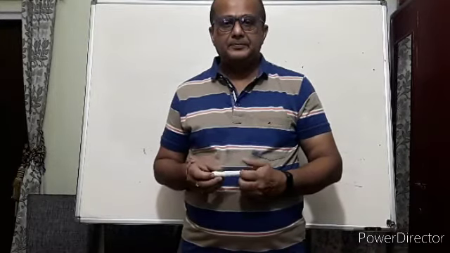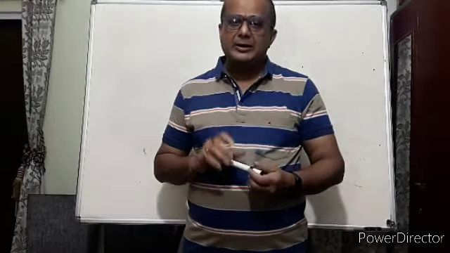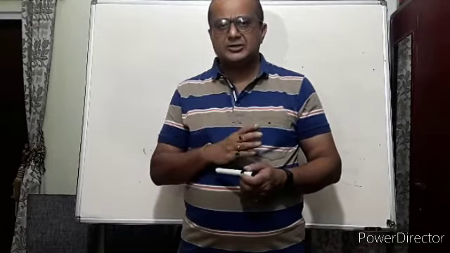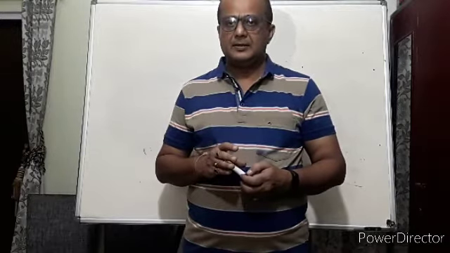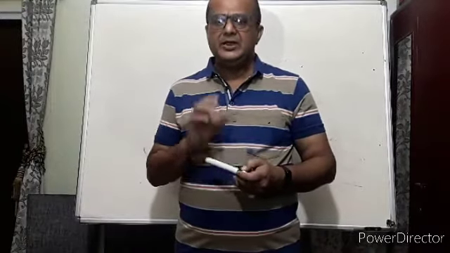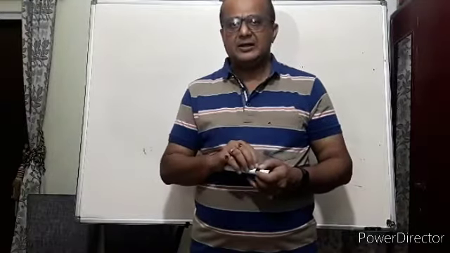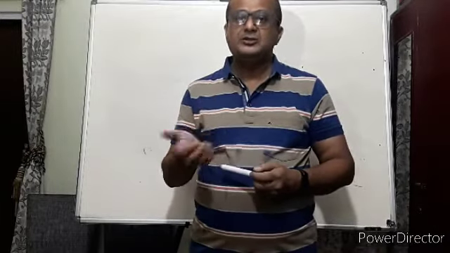This is lecture 16. In this lecture, we'll discuss galvanometer conversion. In the last lecture we had seen the moving coil galvanometer. A galvanometer is a device by which we can detect the presence of current. But this galvanometer can be converted into an ammeter and a voltmeter. So how will it be converted?